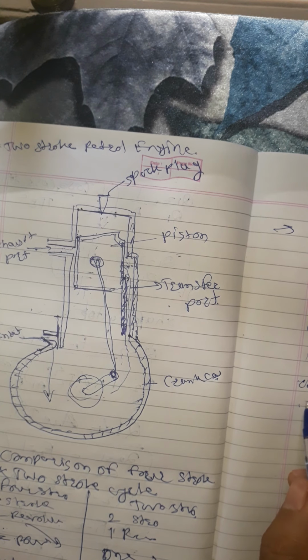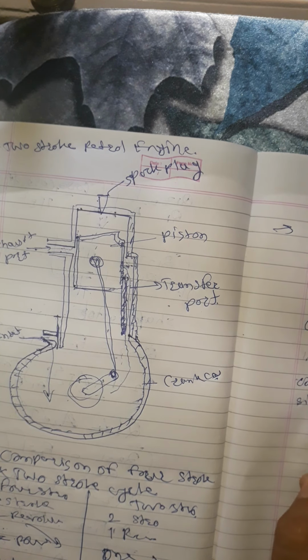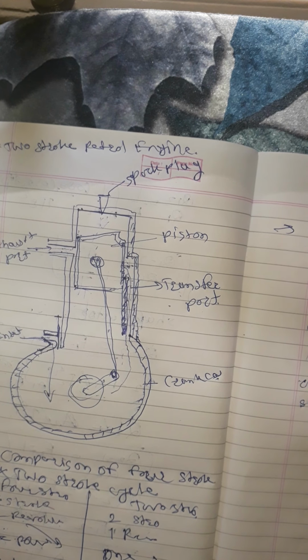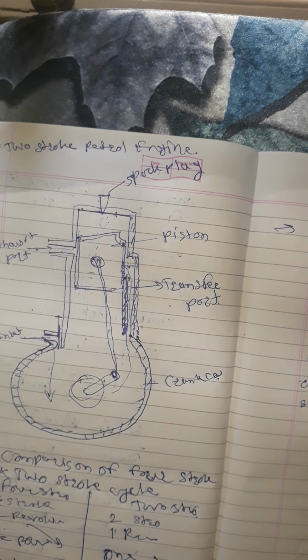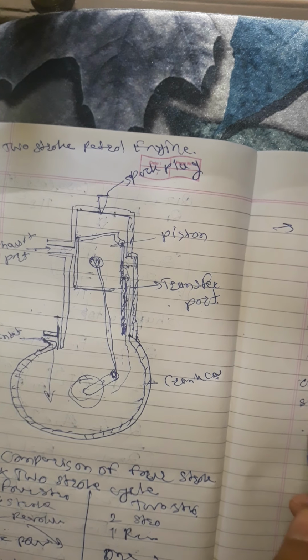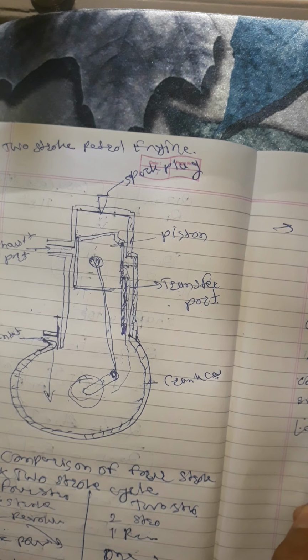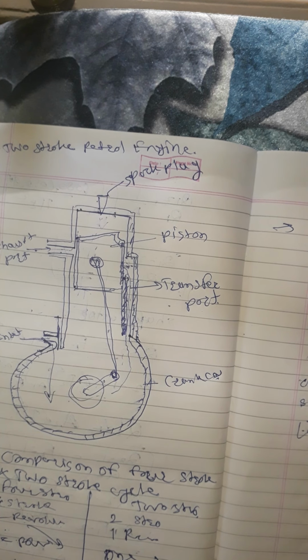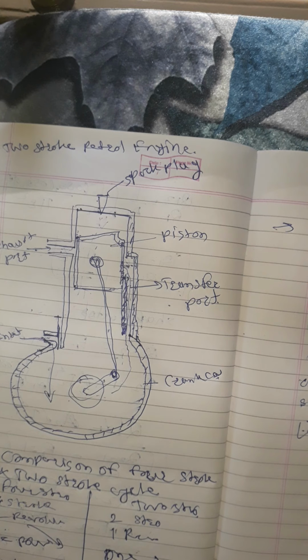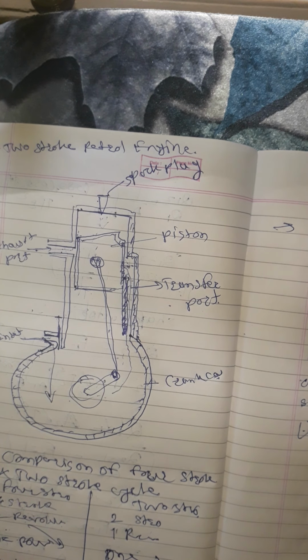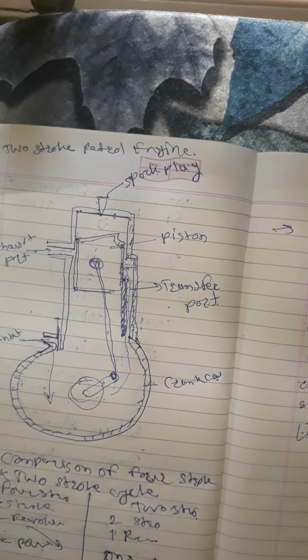Then the petrol engine is a simple engine and the diesel engine is a complicated engine. The life of the diesel engine is more and the life of the petrol engine is less. These questions will be asked as 5-mark questions: the difference between the 4-stroke engine and 2-stroke engine, and the difference between the petrol engine and diesel engine. So this is all about the